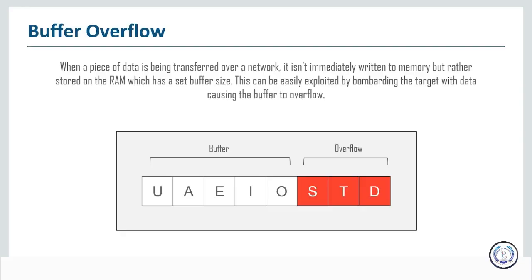Sometimes we also have format string attacks, and sometimes these can be precursors to buffer overflow formats. Now, format strings come about because the C programming language makes use of these format strings that determine how data is going to be input or output. So you have a string of characters that define whether the subsequent input or output is going to be an integer, or a character, or a string, or a floating point, that sort of thing.